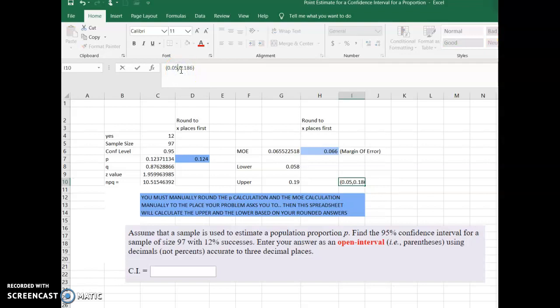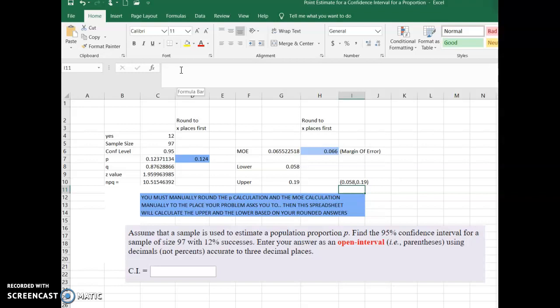Now because there's no way that in this sample we could have gotten exactly 12%, because 12% of 97 was 11.64. There's no way we could have gotten exactly 12%. So in fact, the reality is that we must have really gotten the 0.123711134. So my open math is more likely going to like the second answer when we rounded the 0.1237 to